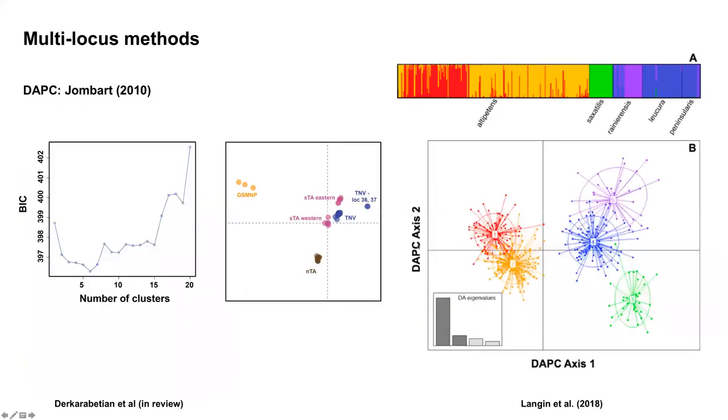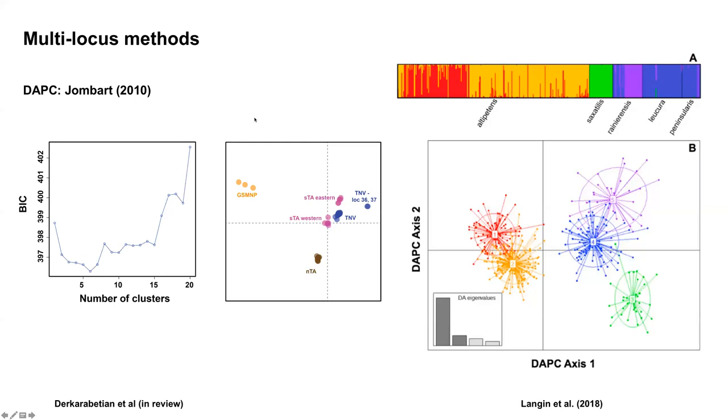One of the other commonly used methods is DAPC, and this is one I'll talk about in the demonstration. DAPC is discriminant analysis of principal components, and discriminant analysis essentially is a way to classify samples into non-overlapping groups. DAPC was specifically adapted for genetic data, and it uses STRUCTURE format, which I'll show you in the demonstration as well. One of the benefits of this approach over STRUCTURE is that it's much faster.